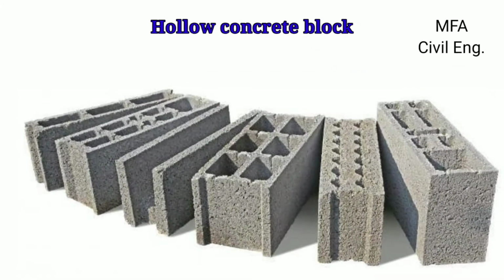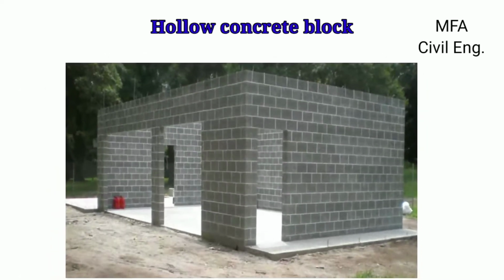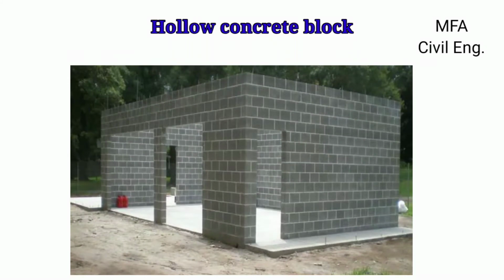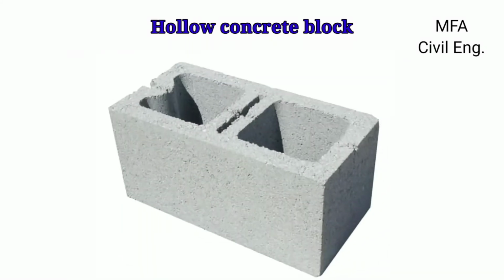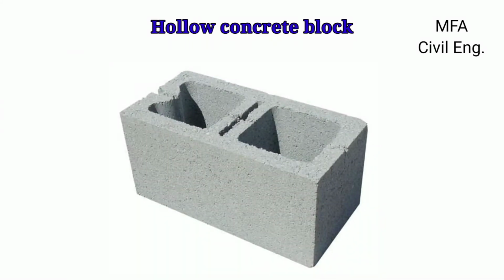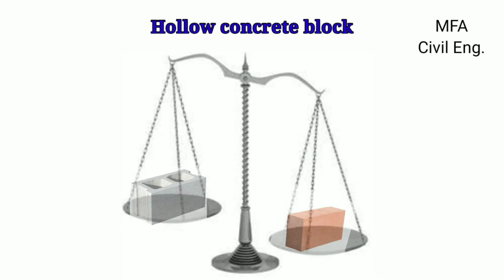Hollow concrete blocks are those blocks which have a core void area greater than 25% of their total area. These hollow blocks permit the adoption of a thin wall, which ultimately results in an increase in the floor space. The air space in the block is 25% of the total area of the block. It means there is a saving of material, and the weight of a block is less. It results in a rapid execution of work.